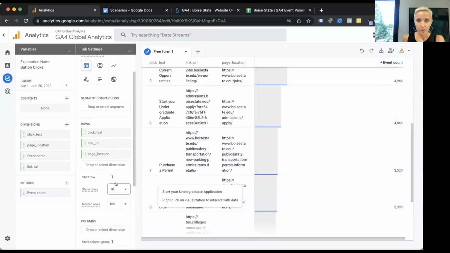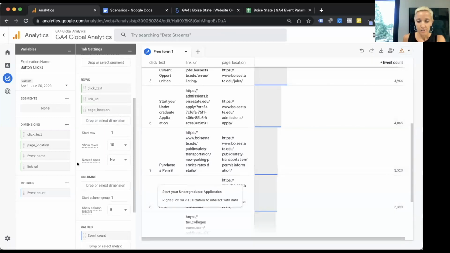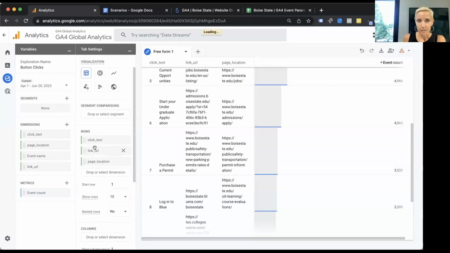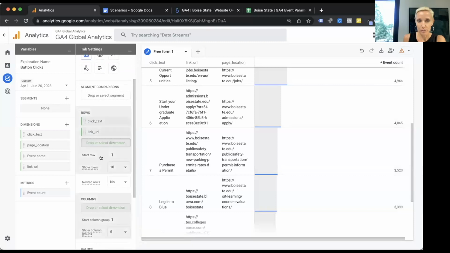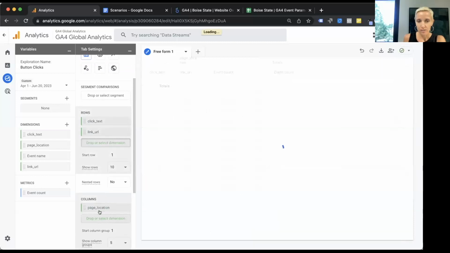So I'm actually going to select nested rows. Sorry, not nested rows. I'm going to bring the page location to columns. So actually, I'm going to move this page location to the column section.